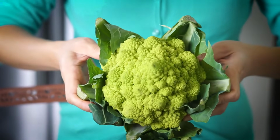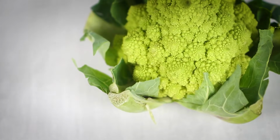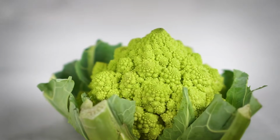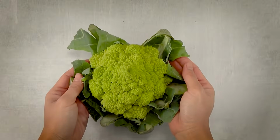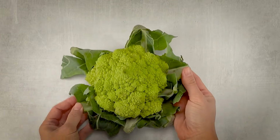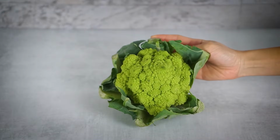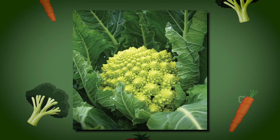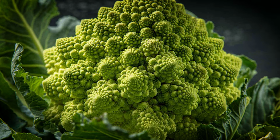The first time you see a Romanesco broccoli, your brain will likely struggle to process what you're looking at. This isn't just unusual, it's geometrically impossible, a vegetable that appears to have been designed by a mathematician on hallucinogens. Romanesco looks more like a prop from a science fiction film than something you'd put on a dinner plate. Italian in origin, it made its way to American gardens through immigrant families who refused to give up their traditional vegetables. The plant grows like standard broccoli or cauliflower, but produces these alien-looking chartreuse pinnacles that make visitors stop and